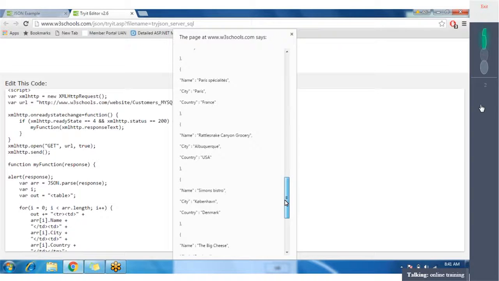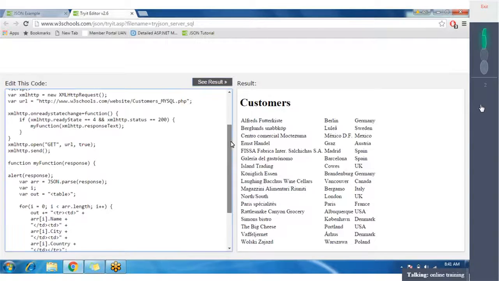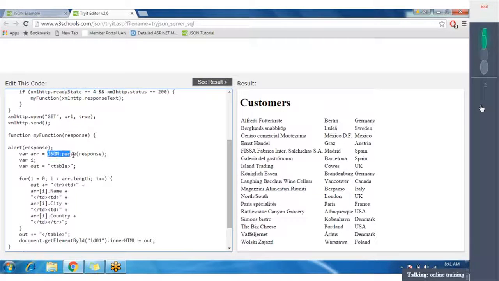So something like that. This is containing the data in a JSON format. And once we have the data in a JSON format, we can convert that data into object format with the help of this method. So it has converted that into an array object, and then it is iterating with the help of the length. So it will go through all the items because we have a for loop here, right? And we are accessing the data from that object with the help of the property name.